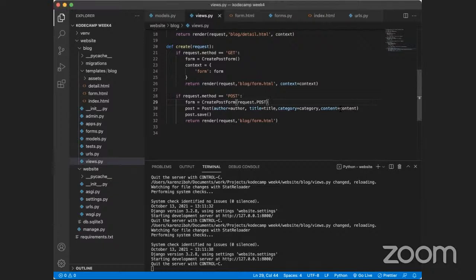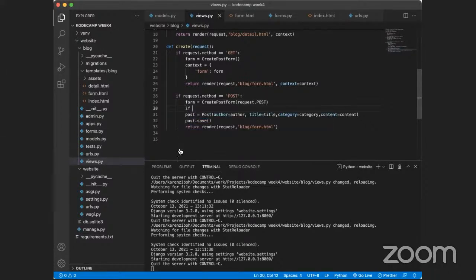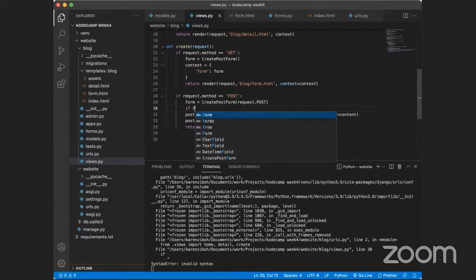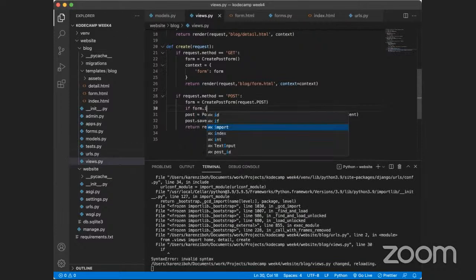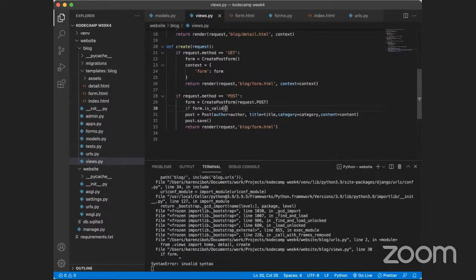When your form has been validated, the data is going to be stored inside of a cleaned_data dictionary, for the data that has been validated. So we'll say if form.is_valid(). This will validate against all of the conditions you put inside of your forms. So if it is valid, then